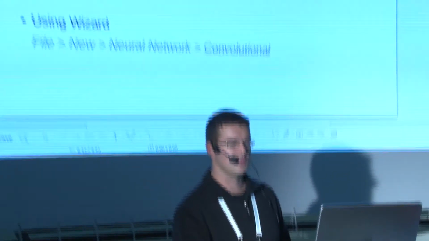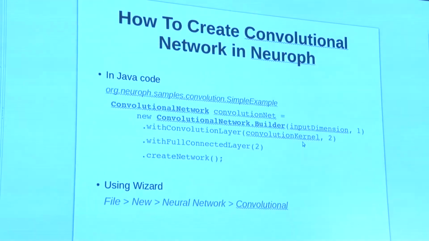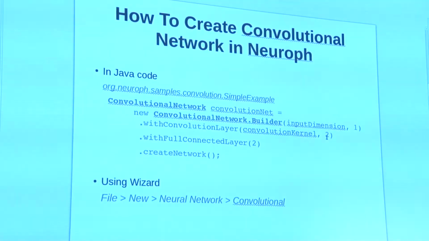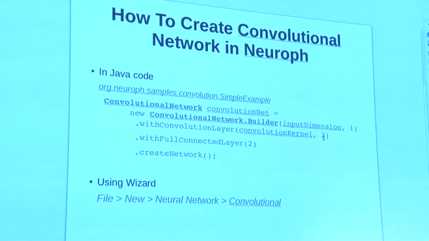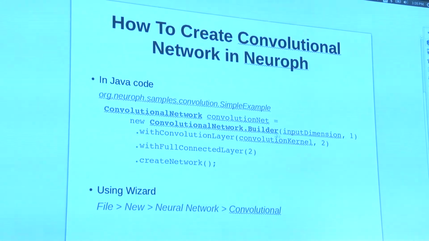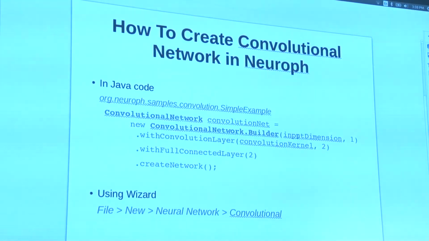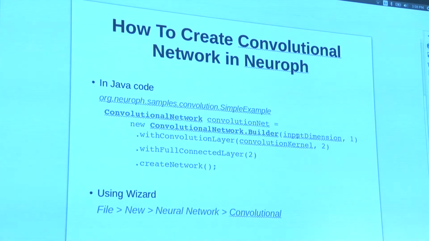So a very simple network is to add one convolutional layer, okay? We specify the convolutional kernel. That's the size of the window that we are going to scan the image with. And this number 2 is saying, okay, we want to have 2 feature maps, okay? One is going to detect an eye and the second is going to detect a nose or whatever. I skip this one. This here is the input dimension, okay? The input dimension says what is the size of the image usually.